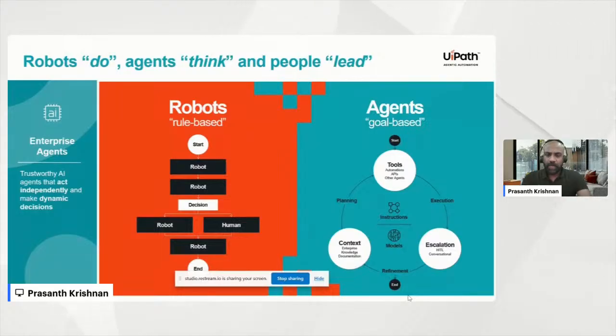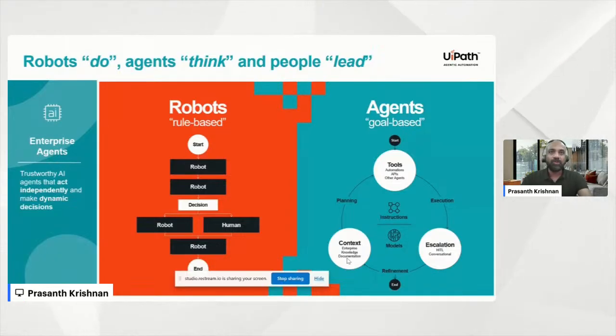Robots are rule-based. We know how that works. But what I want to focus on is the agents, where there are a couple of components when you build an agent and what an agent works on. The first is the context. So if you look at the right side and see the context here, the agent requires the context to complete an automation. And when you say context, it could be your policy document, your business documents, your knowledge base, standard operating practices, etc. So an agent can look at these contexts to decide what is your next step of actions.